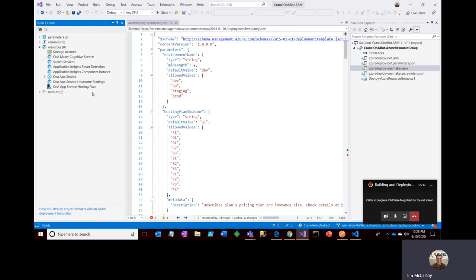So you can see here, here's the QnA Maker service, which also needs a search service, and it has an app service as well. And then the app service needs a hosting plan, of course. And I have a storage account here because I have exported my knowledge base into an Excel file, and my